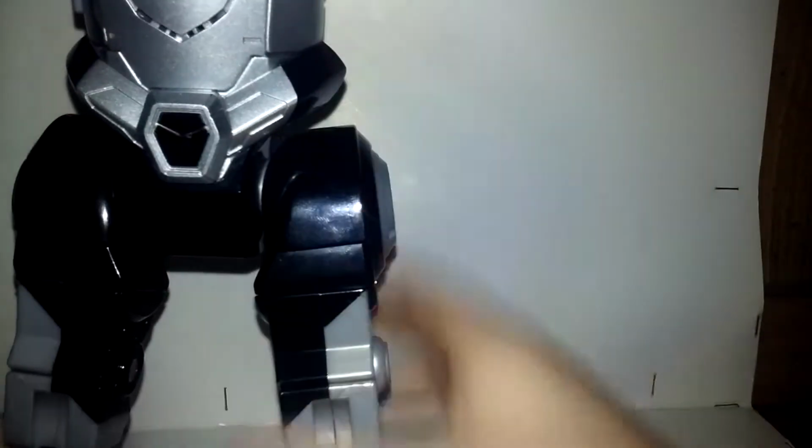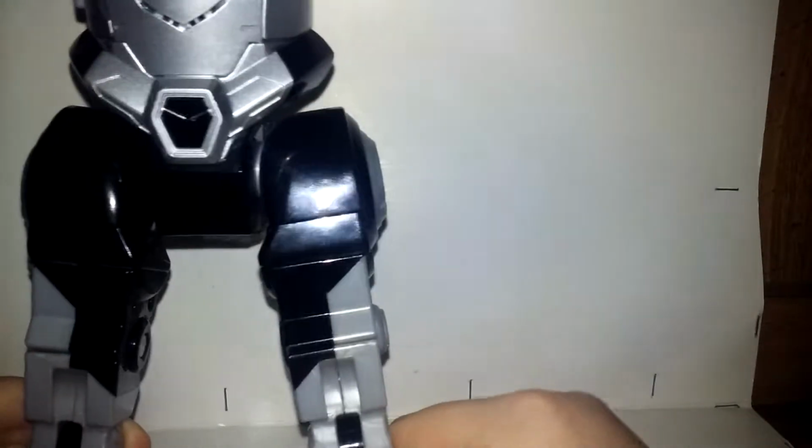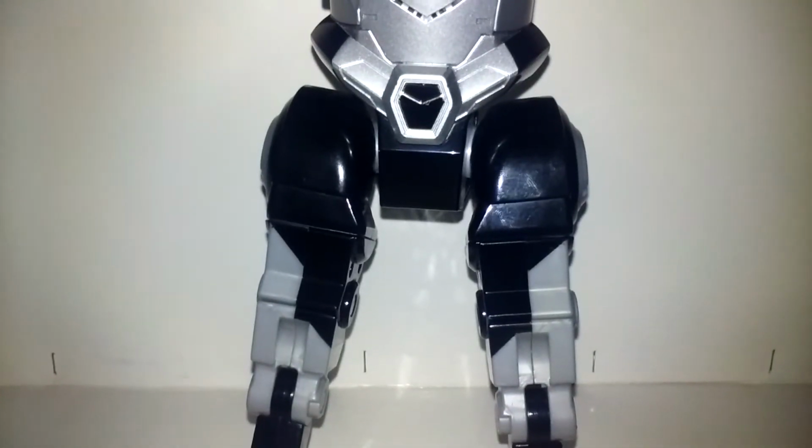So, let me open up the wings really quick, so you can see those. If you watched a collection video, you've already seen it, but I'll just go ahead and show it to you anyway. I'm sorry you're seeing the wood of the review space, so let me get my phone off the tripod. Anyway, there are the nice wing sections. They extend out very nicely. And you do not access Voltron sounds until you complete all of the combining. So let me cut. I'll put the black lion back into its lion mode, and then I will do the